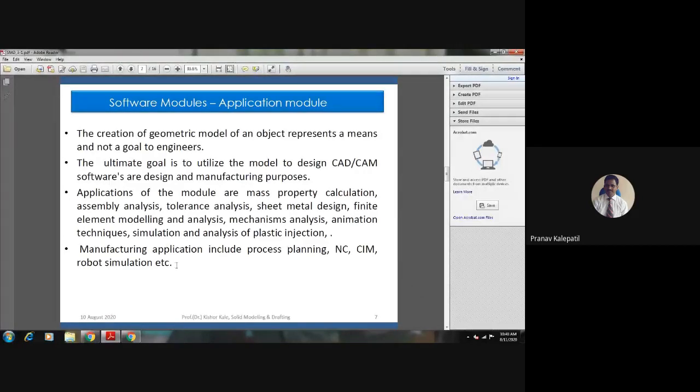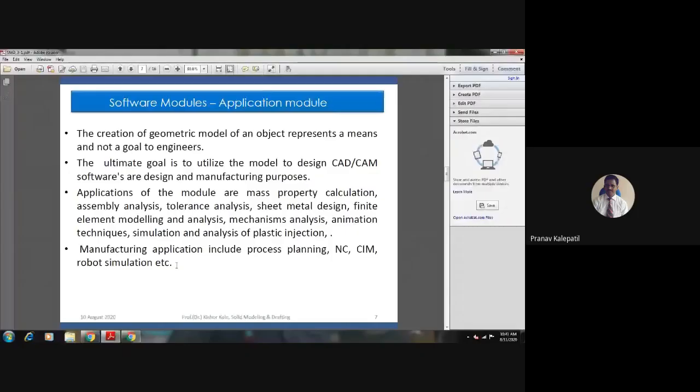Animation techniques: this model can be used for animation, simulation, and analysis of plastic injection, and so on. So many applications are there. In one word, once the model is created, it can be used for many more applications. Its use will be multi-purpose.